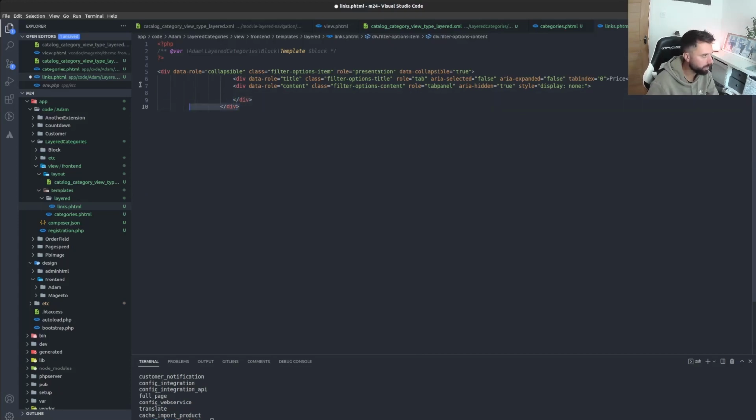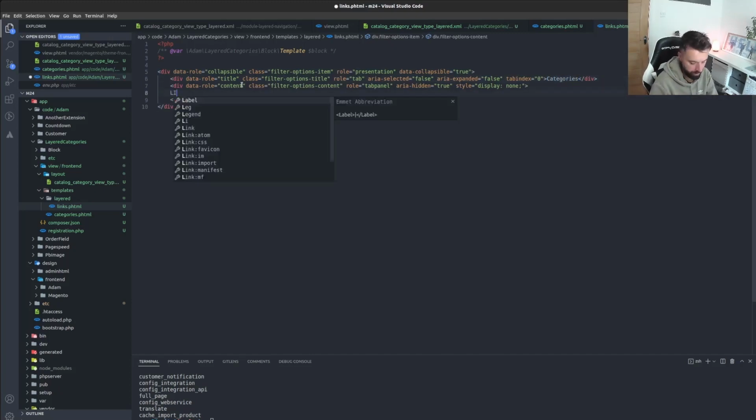Let's just tidy this up a little bit. Right, so I'm going to have categories, and then we'll say list to do, and it's going to be displayed none by default, which is fine, because then the JavaScript's going to take over. I just want to make sure there's no other references to price. Right, if I save that there,